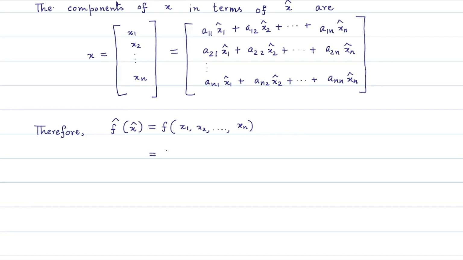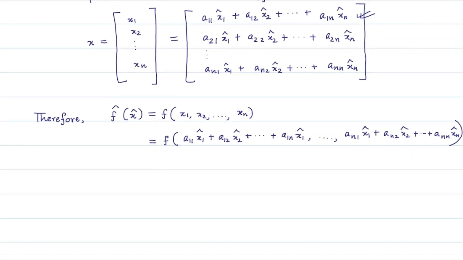Now we write the variables xi in terms of xi hats. So we get x1 is given by this first row. Similarly, you write the second component x2 and end up with writing xn in terms of xi hats, which is given by